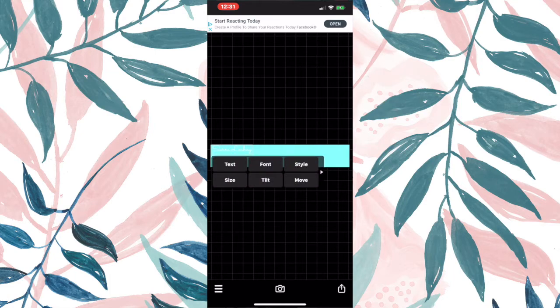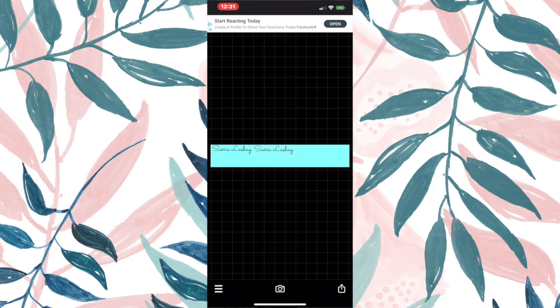So as you can see right here, I'm going to change the style to make it black text so that you can see it better, and then here I'm just going to adjust the size, and then I'm just going to keep duplicating it over and over until it covers up the